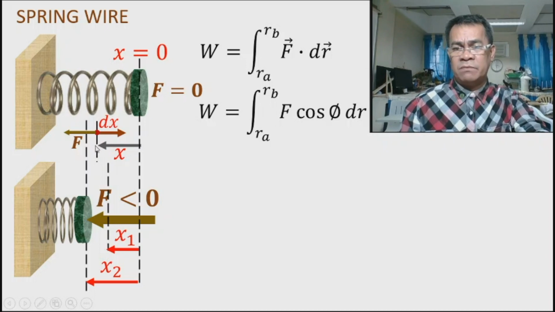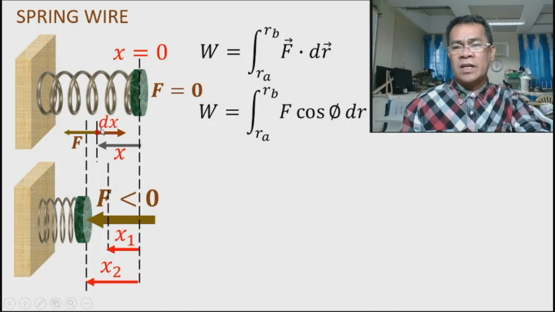x means any point along the travel from 1 to 2. So at that point, our infinitesimal is dx. And take note that dx is in this position. This is decreasing, meaning it is always away, because when you release this force, the force is in this direction, and your dr is opposite. Why? Because it is reducing its energy.